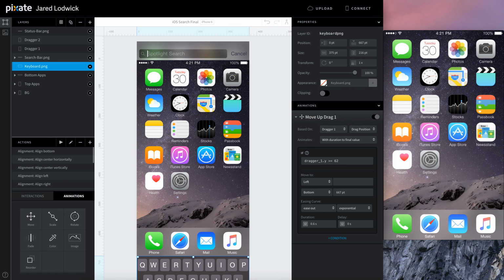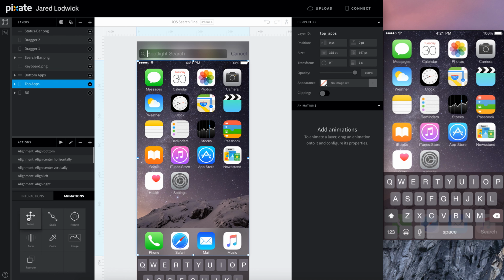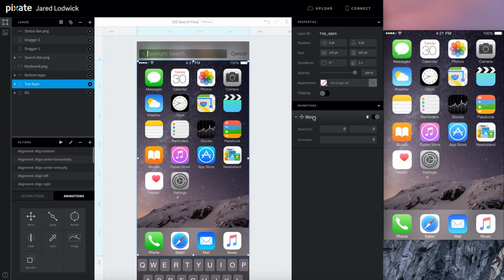Now in the iOS Spotlight search, the top apps move down, the bottom apps don't. So what we need to do is come back into this top apps. We're just going to add move animation. Now we're just refining our details. We do the same thing that we did with that other dragger, where you have this move with rate, because it just slides down with us. So it's going to be based off dragger's drag position, continuously with rate. Again, we don't need to limit the scroll range, but we can. So now this slides